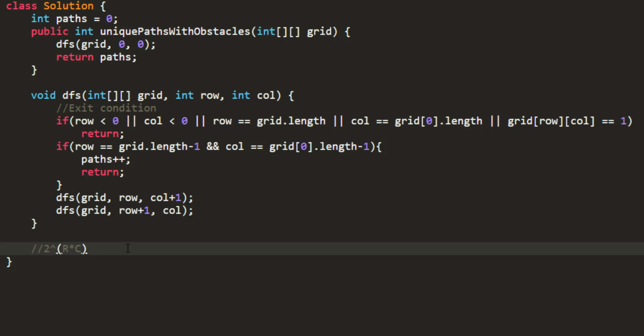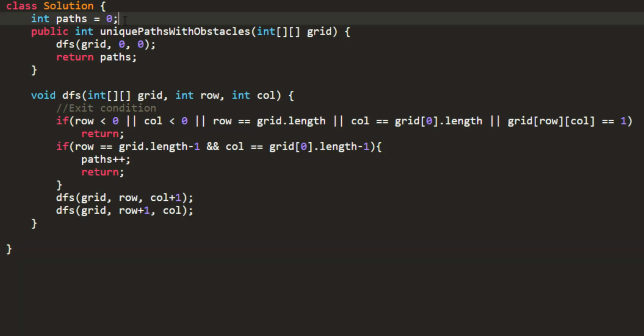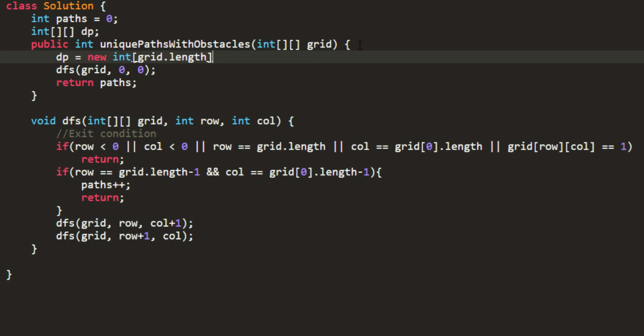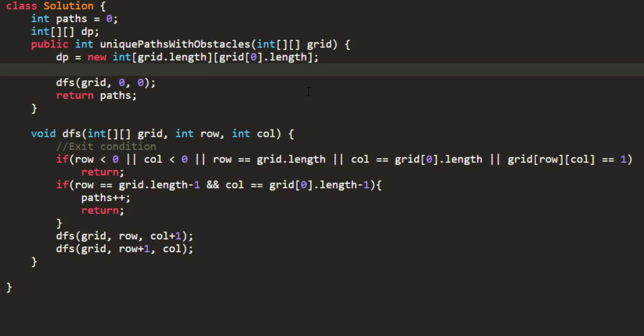For memoization, we'll be using a DP array of size m times n, and we would be storing the intermediate results in it. So let's take a DP array of the same size as that of the grid. Initially, to mark a particular cell as not visited, we'll be filling all the values in this DP with -1.